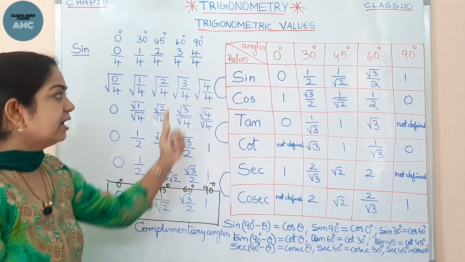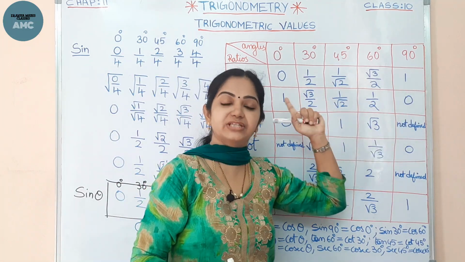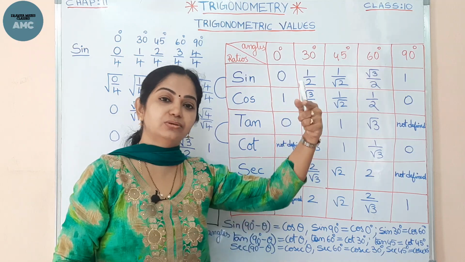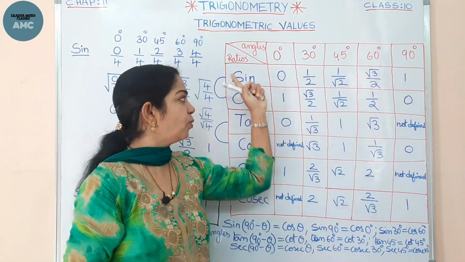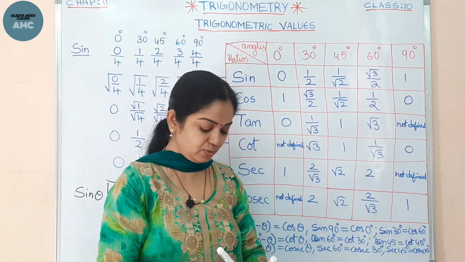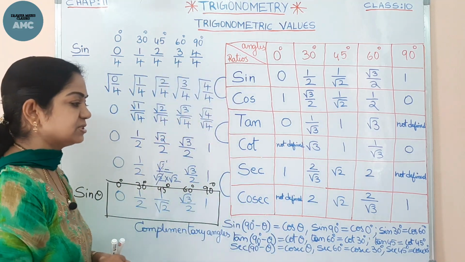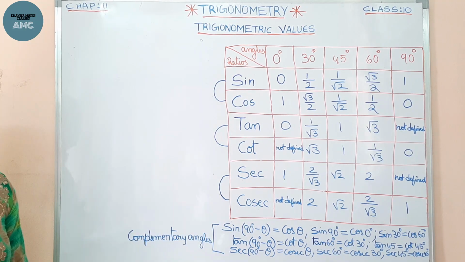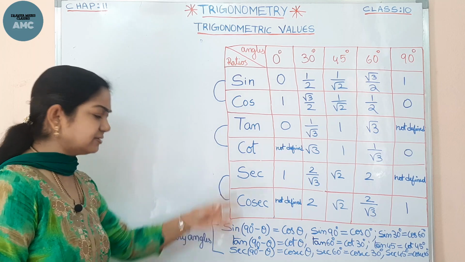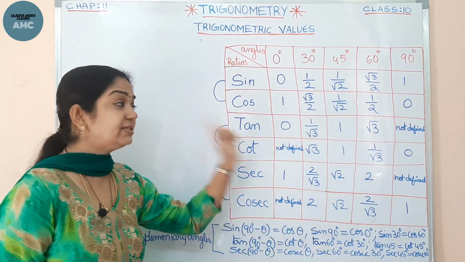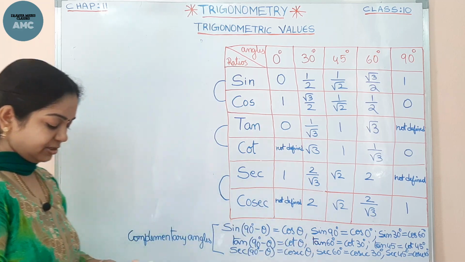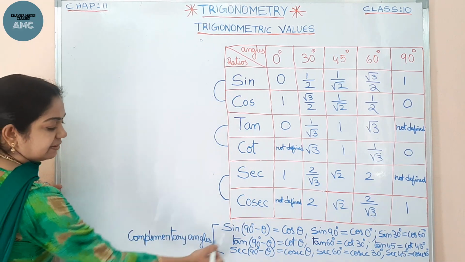So what I did is, if I know the sine values, that is 0, 1 by 2, 1 by root 2, root 3 by 2 and 1, only with these values, I can fill the complete table. Likewise you can do it. Please pause the video and note it down. Now see here the table I have written with complementary angles. I don't know the complete table. I only know the sine values and have filled up the table. Likewise, for you the complementary angles are here.